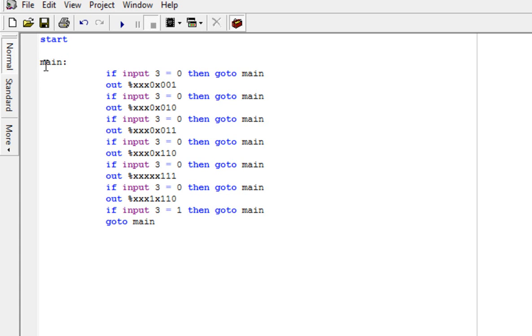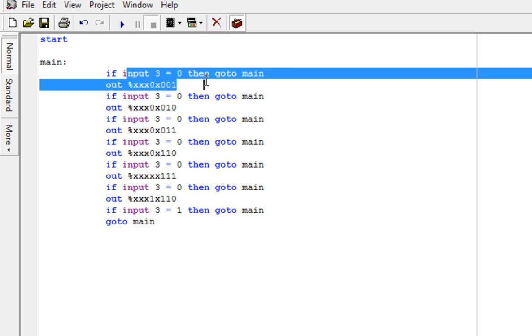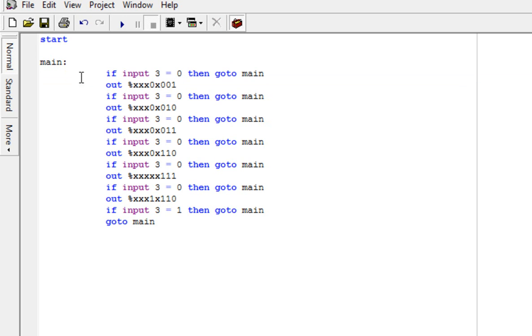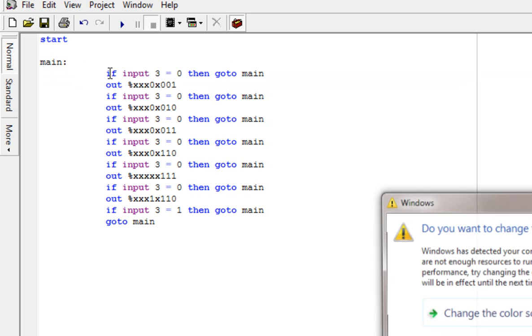The first thing we do after start is we say, right, here's a new landmark, and we call that main. The next thing we do is the little diamond decision block basically. We say that if input 3 is currently set to 0, so if it's not currently being pushed, then we go back to main. So if we hadn't pushed the button when the program first started and we got to here, then we'd come here, there's main, and the first thing we do is ask that same question again and again and again. If, however, that's not what's happened,